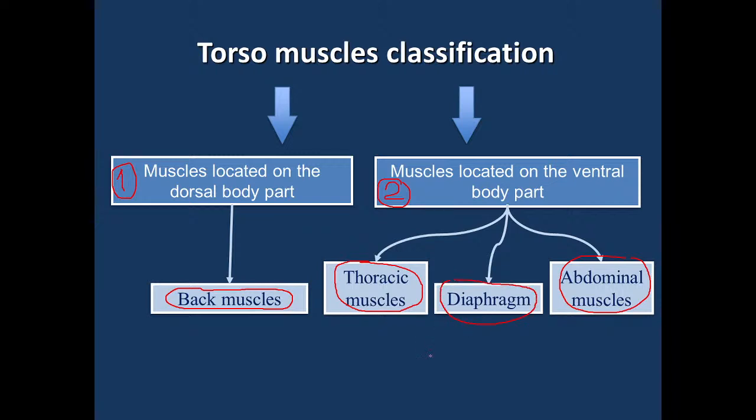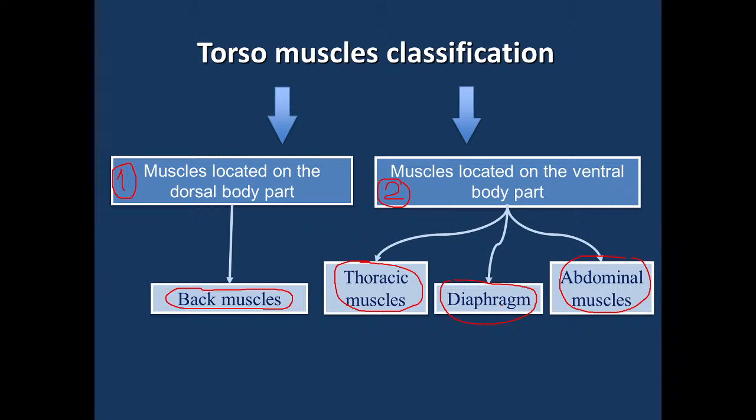Speaking of the diaphragm, it is a part of the cervical myotome. It is not thoracic myotomes. It comes from the neck, so it is innervated by the nerve of the cervical plexus. But for this period of time, it doesn't matter, because we will study innervation of the muscles next